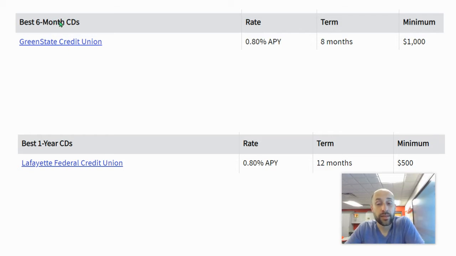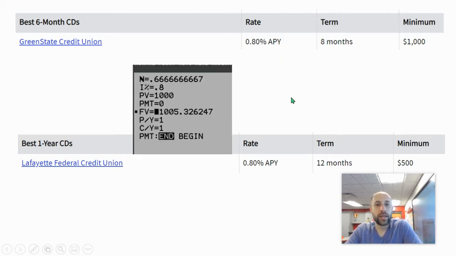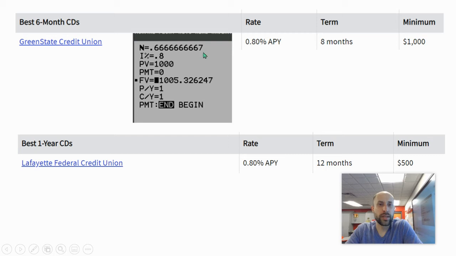Here we have a 6-month CD, right? So best 6-month CD. The term is actually 8 months, right? So notice there that they call it 6-month CD, but it's actually 8 months. You have to have $1,000 minimum, and it is 0.8%. So it's a little higher rate because you're allowing them to use your money longer. So it's a little bit higher rate. Again, if we use the TVM solver,